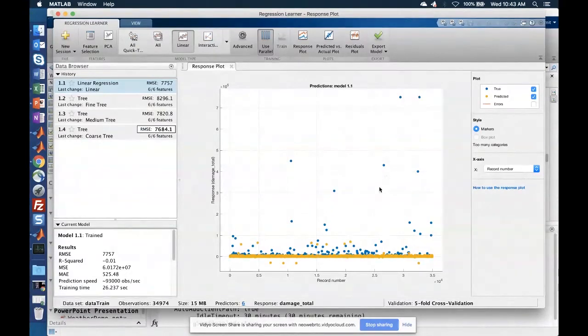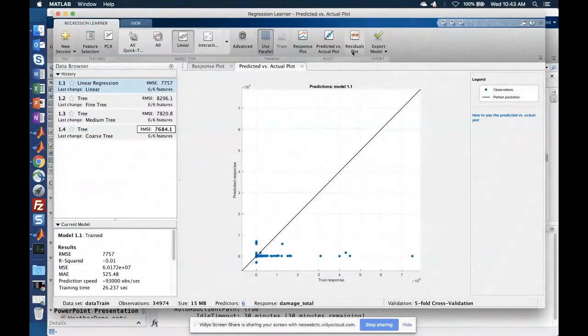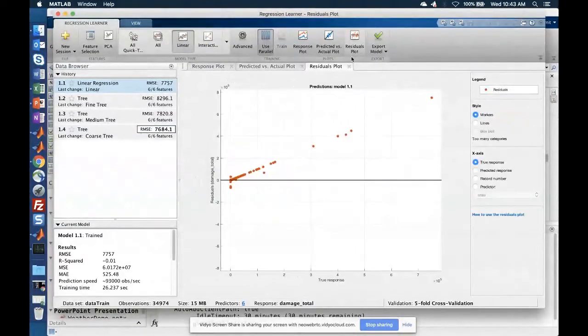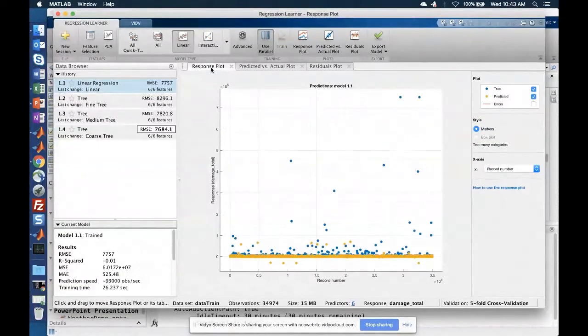You can see the response plots, predicted versus actual plots, residual plots. These are different ways in which you can explore the mathematical model that you just fit. And on the bottom left-hand side, you can see the different measures of how the model is performing,